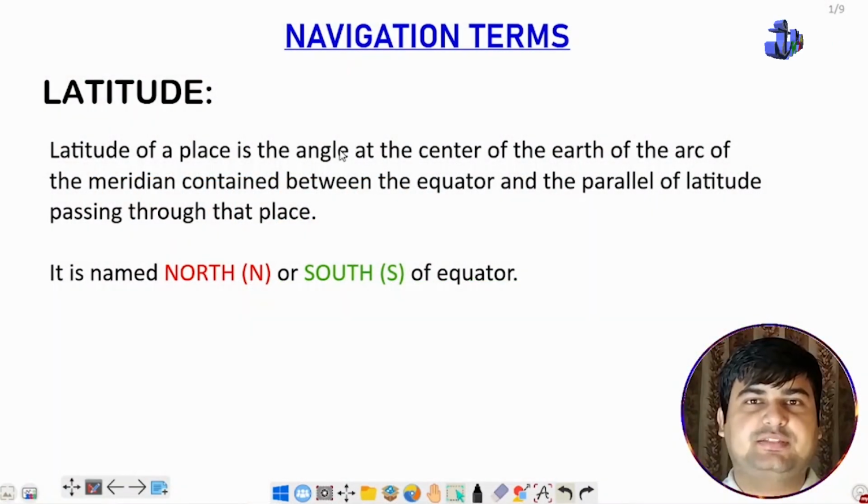In this video, we will discuss some navigational terms, that is the basic navigational terms like latitude, longitude, DLAT, DLong or departure, and we will see some formulas which we will be using in our further calculations for navigation. For example, if we want to calculate the distance or course from one point on the earth to another point on the earth, what will be the course, what will be the distance, these all things we will discuss